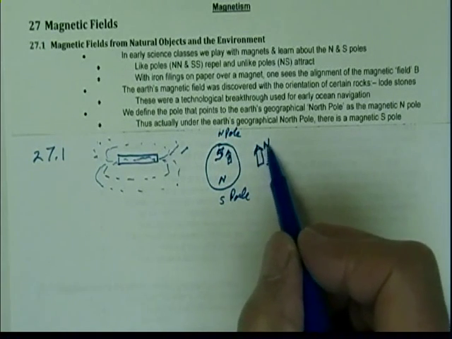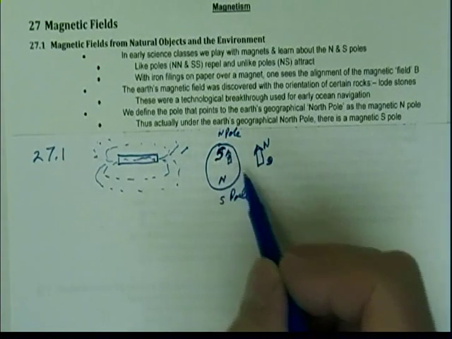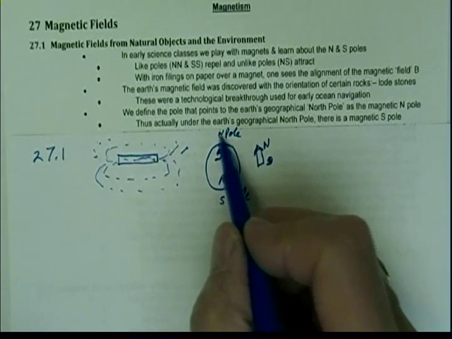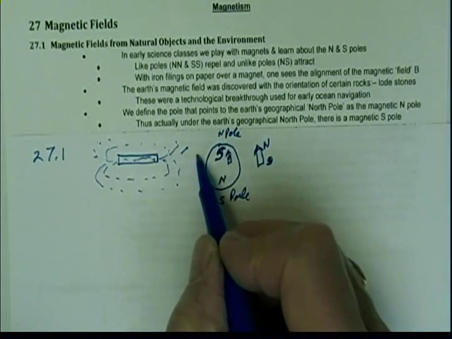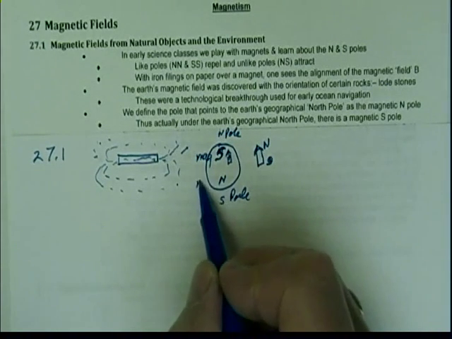That's so that the magnet that points to the North Pole is attracted to the South Pole that's beneath the Earth's surface. And so that can be kind of confusing. So our North Pole actually has a magnetic South Pole there, and our South Pole has a magnetic